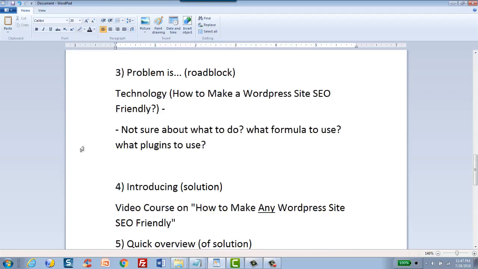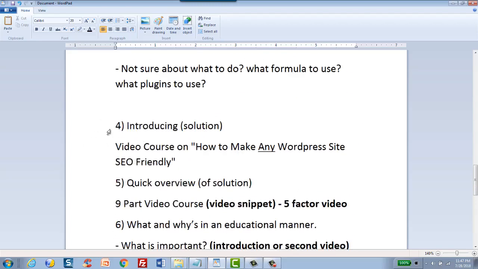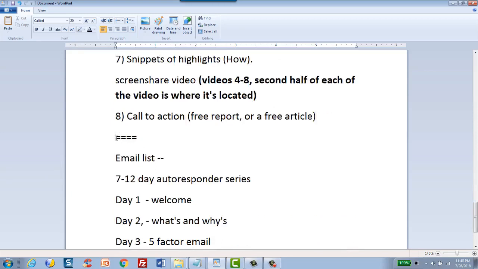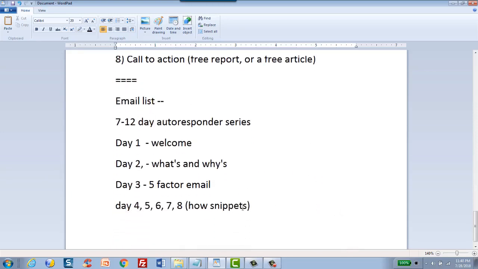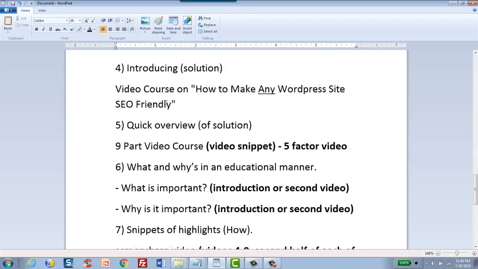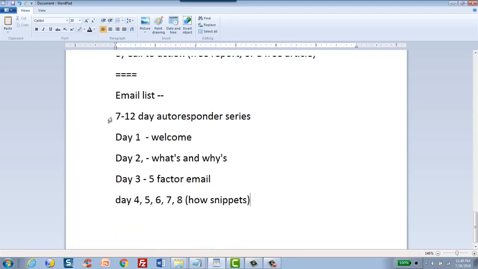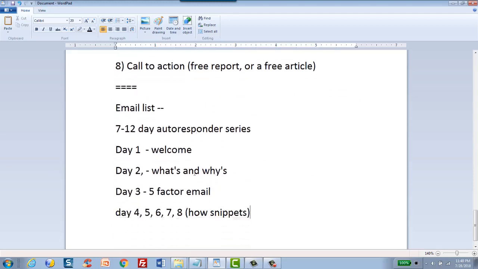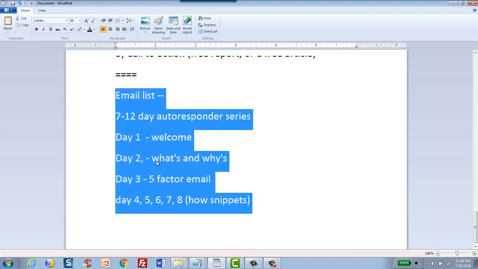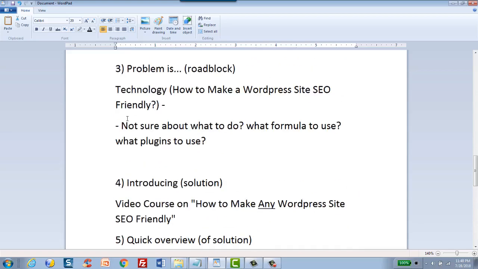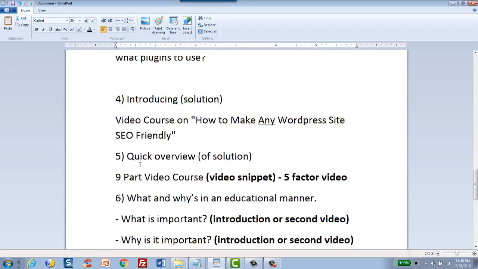So what I'm showing here is you're going to make a video for the outline here, but the email list is actually separate. All this is nothing to do with videos or anything like this. These are emails. But I'm just showing you that you can simply also take the outline that you've written and literally turn that into email text and turn that into your autoresponder series. So that's a great idea on how to essentially rehash what you've already created, so that way you don't have to recreate a lot of things from scratch. All right. So just giving you some extra kind of bonus ideas right here. So now that we have the outline for this here, which is from this point to this point,